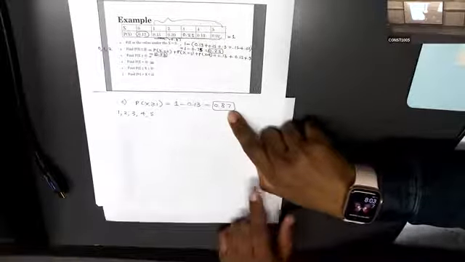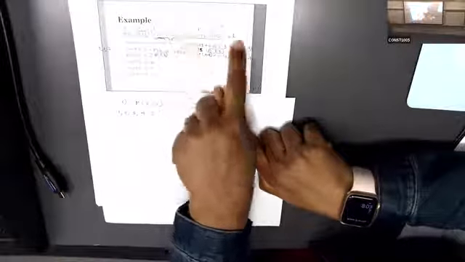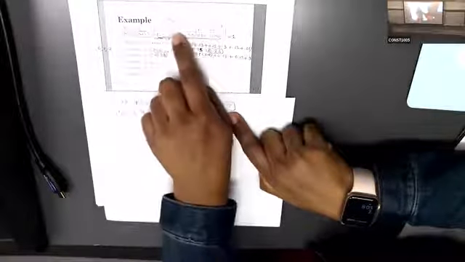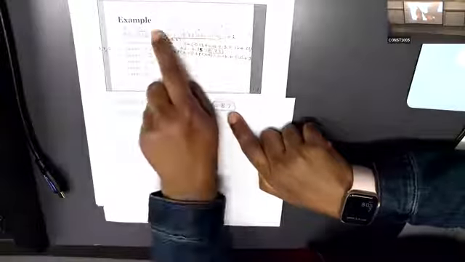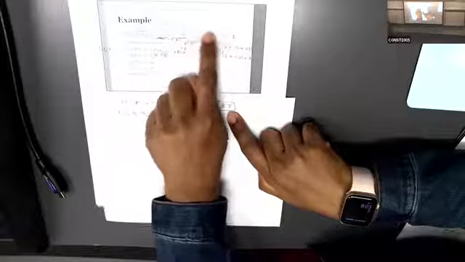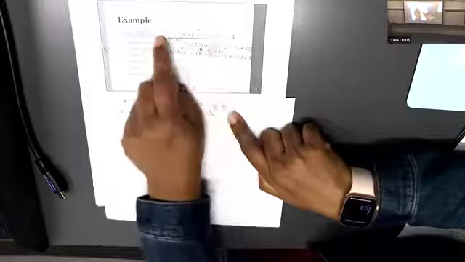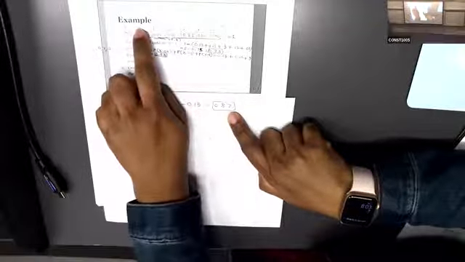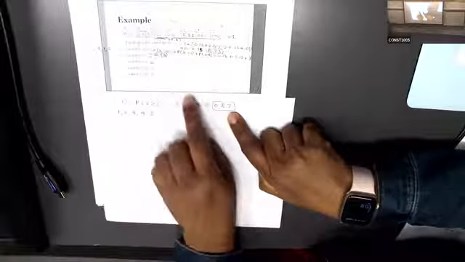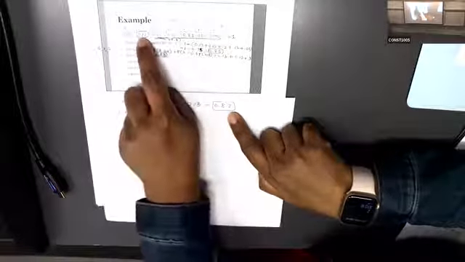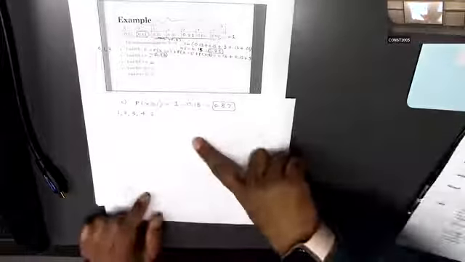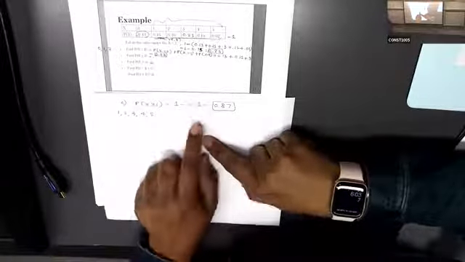Also, the other way is, the total is 1. You can do 1 minus the rest. We want to pick these 5 x values, 1, 2, 3, 4, 5, with the corresponding probability values, but we can do the complement thing. That means 1 minus the probability of x is equals to 0, which is 0.13. So you can subtract only that value. Then you can get the same answer. Okay, got it? So if you have something like this, do it this way. So it's easy.